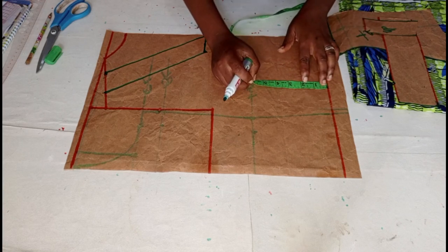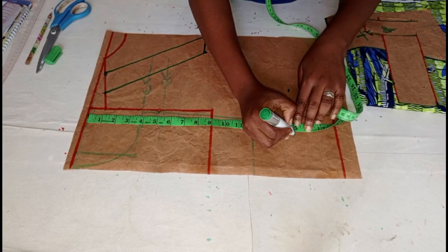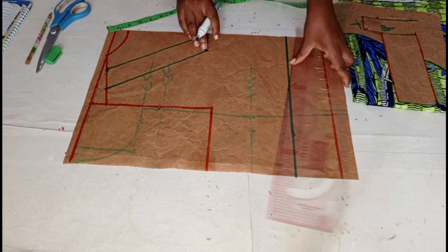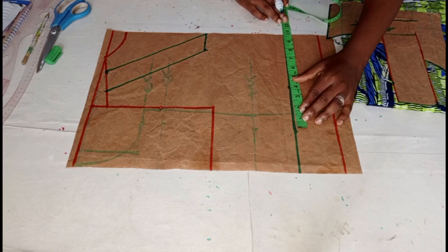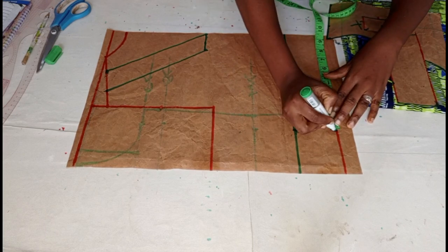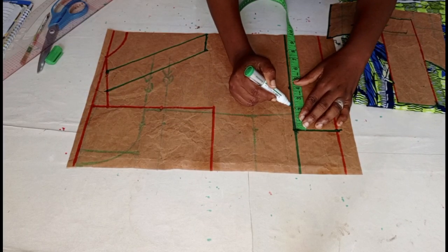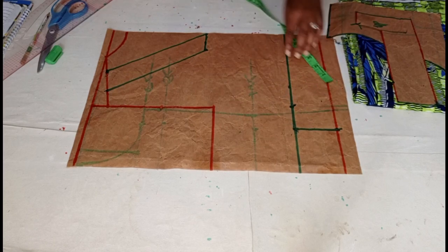I'll come here for the band. So let me measure our 3 inches for the band. So this is it. I'll come here also. I'll measure my 39. So this is 39 inches for the waist. We'll come here also. You go backward by 2 inches. The same way we did at the front. So you go backward by 2 inches. So from here,